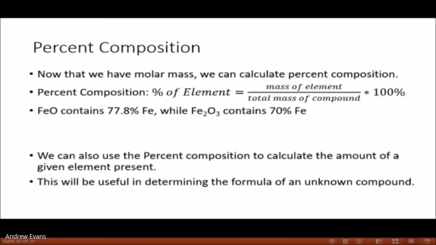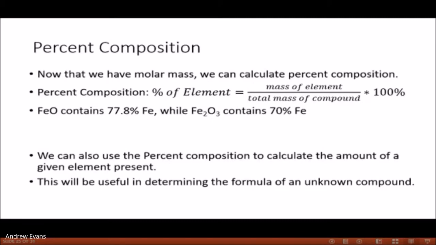Now, because it's a percent, you always multiply by 100. So in iron oxide, we talked about iron is about 56, oxygen is about 16. So 56 divided by the total mass of what? Total mass of 72 puts iron at